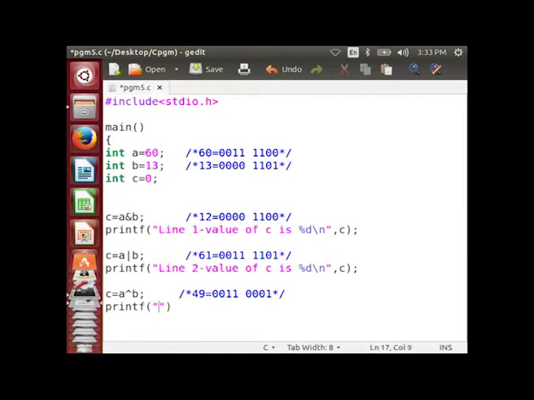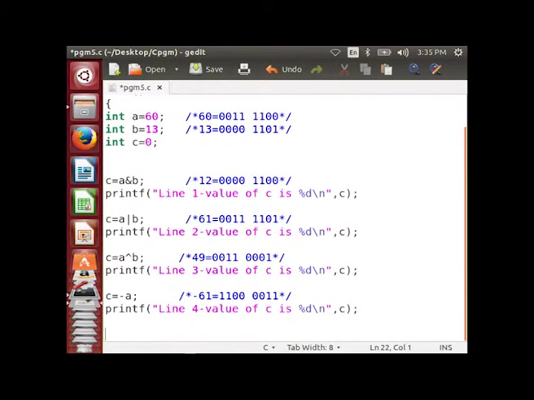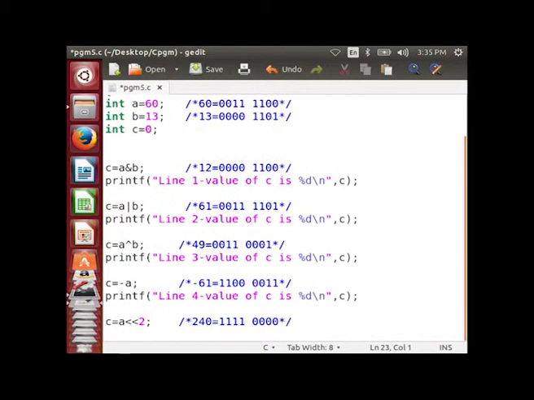Printf line 3, value of c is %d, comma c, then c equal to not a. Printf line 4, value of c is %d, comma c, then c equal to a left shift 2.